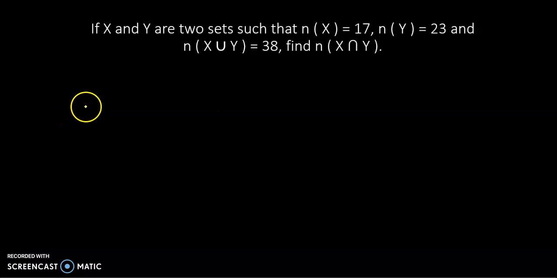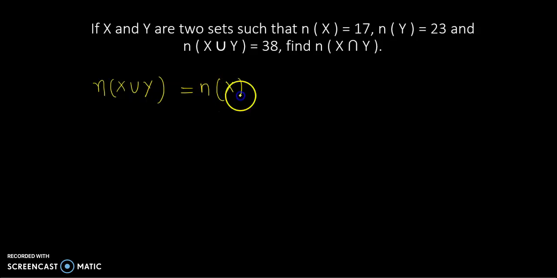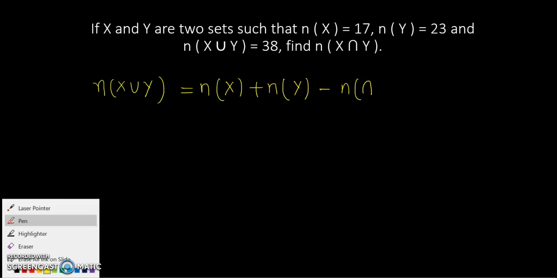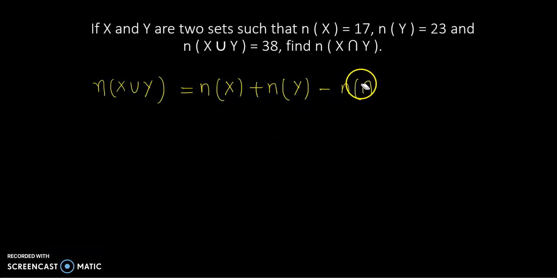Hello everyone, and let's talk about some more numerical problems of set theory. What I'm going to discuss here is majorly the rule of how many elements are in a union. I'm going to use the fundamental rule: if X and Y are two sets, the number of elements in X union Y is given by the number of elements in set X plus the number of elements in set Y minus the number of elements in